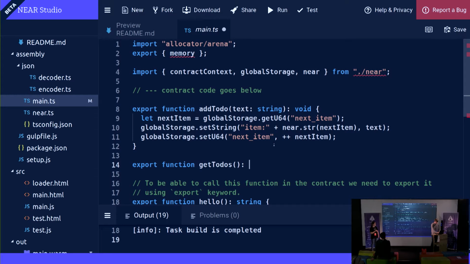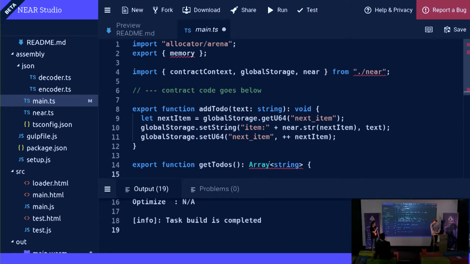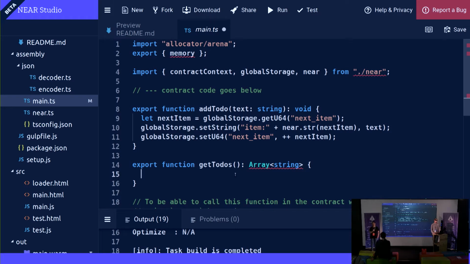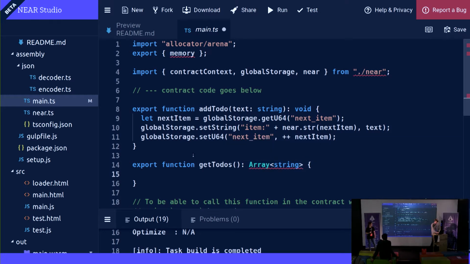Okay. So get to-dos returns array of strings. What's wrong with the array of strings? It wants you to return something. I see. Okay. And so as you can see, this IDE is already better than Notepad, but even then, like Remix, for example, for Solidity, because it actually does more sophisticated checks, right? So you can see array string is underlined because I'm actually not returning array of strings, right? So this is more sophisticated analytics than what any Solidity IDE does today. And that's because TypeScript is a common language which has a lot of tooling already available for it.